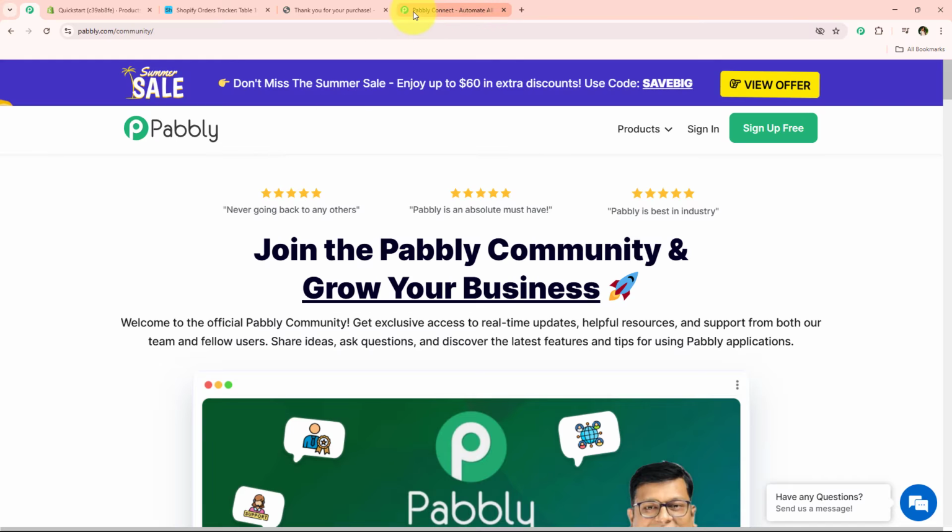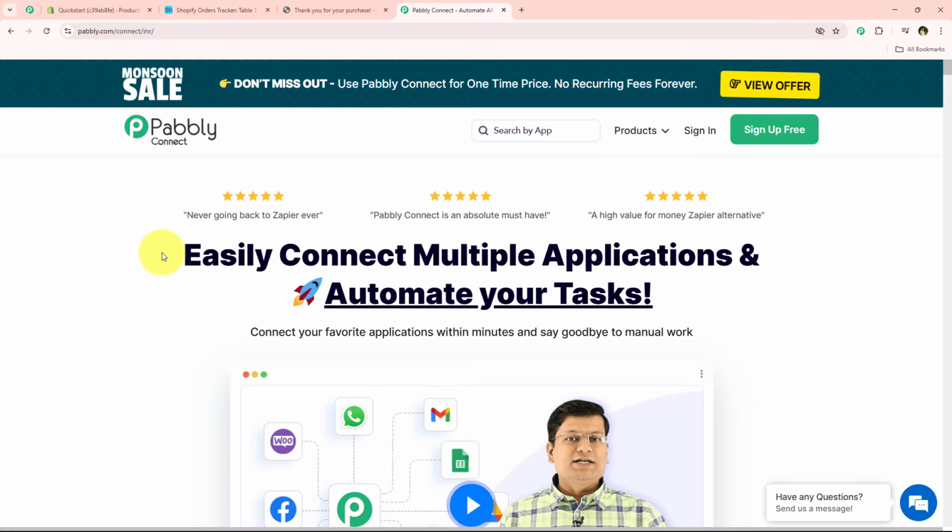Alright, I'm just going to move on further and create this automation. For that, I'm just going to open the landing page of Pabbly Connect, and over here I'm just going to get two options. One is sign in and the another one is sign up for free. So if you are a new user, you can simply click on this sign up for free and you're going to get 100 free tasks every month to explore the application. But over here I'm an existing user, so I'm simply going to click on this button which says sign in,